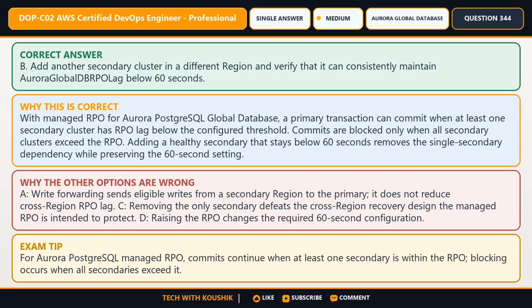The right response is option B. Add another secondary cluster in a different region and verify that it can consistently maintain Aurora global database lag below 60 seconds. Here's why. With managed RPO for Aurora PostgreSQL global database, a primary transaction can commit when at